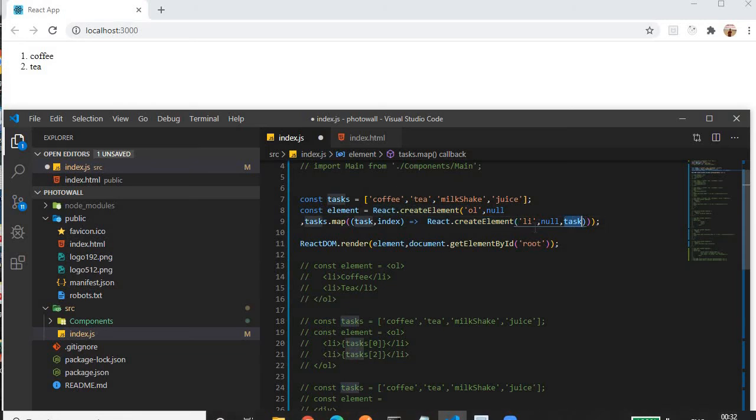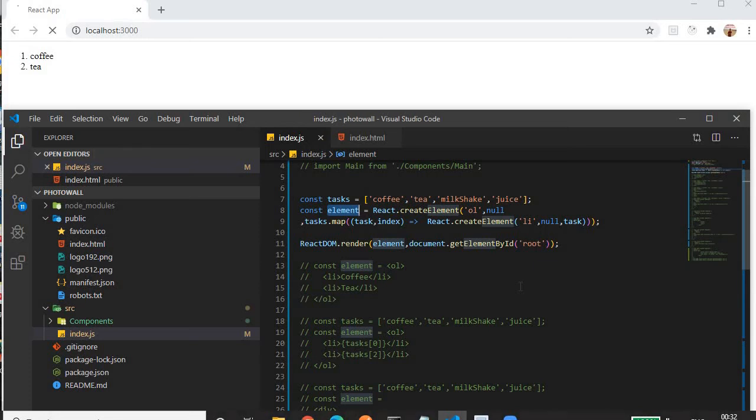So for the first iteration, the task will be coffee. For the second iteration, the content for li will be tea. For the third, the content will be milkshake. For the fourth, the content will be tea. So in this way, we don't have to repeat the li element. As it is creating an element, we have to assign it to a variable. Then the same story repeats. We have to render it by using the ReactDOM.render function. Okay, so let me save it.